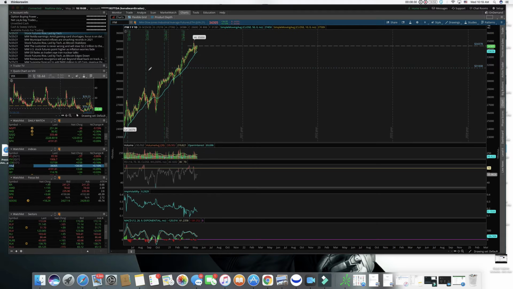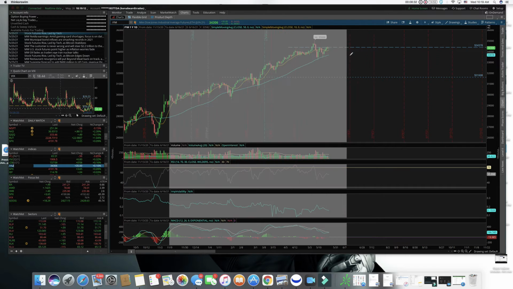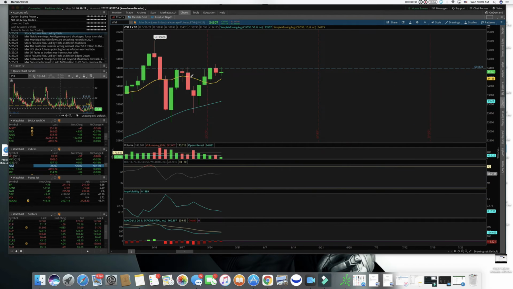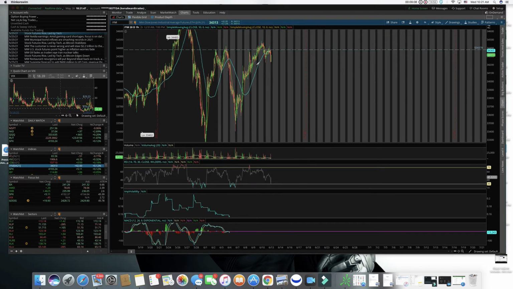Going to the mini Dow Jones Industrial Futures here. Seeing some resistance, I call this the miniature resistance, because we got our major highs up here at 35,000, but we got these highs here, which are resistance. Yesterday we had a red day. I believe that this overhead resistance could soon be taken out. Looks like some relative strength coming in here as we're seeing some green. Could it break out today? I don't know. Waiting for that.